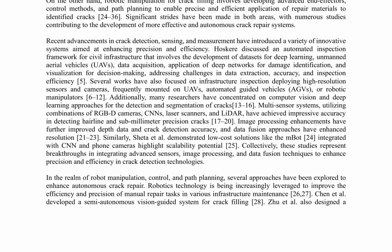Several studies have contributed to the development of more effective and autonomous crack repair systems, including semi-autonomous vision-guided systems and robotic manipulators designed for efficient and precise crack filling. Overall, the paper highlights the importance of integrating robotics and automation in crack repair to overcome the limitations of traditional methods. It emphasizes the progress made in both robotic perception and manipulation, showcasing innovative solutions that could revolutionize the field